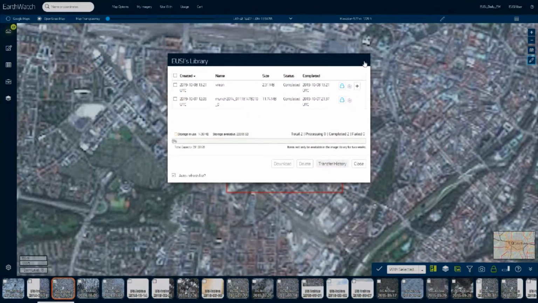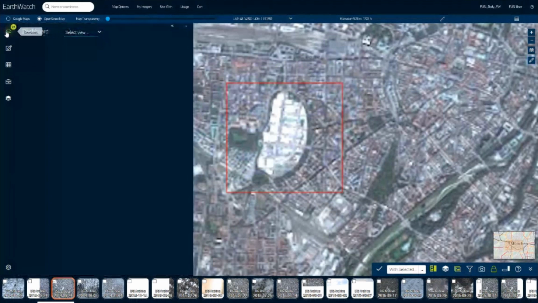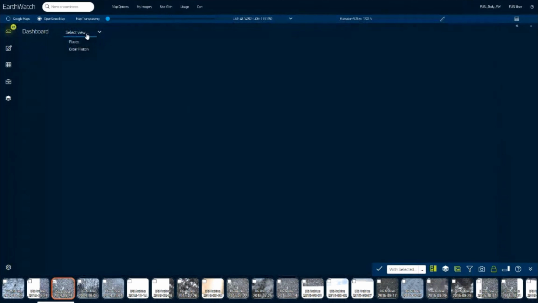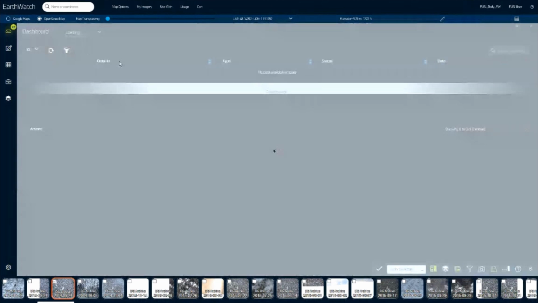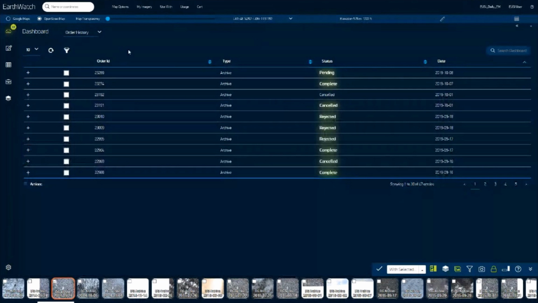You can always track the progress of your order in the dashboard under order history. Here we see there are orders still pending. We can have a look at it. That was that one.